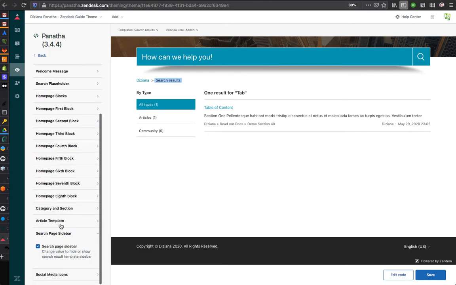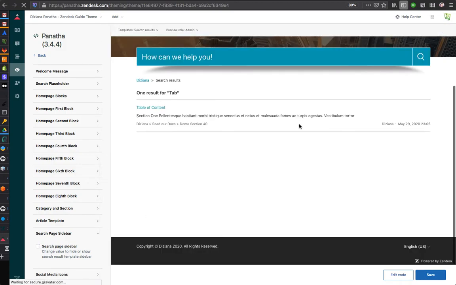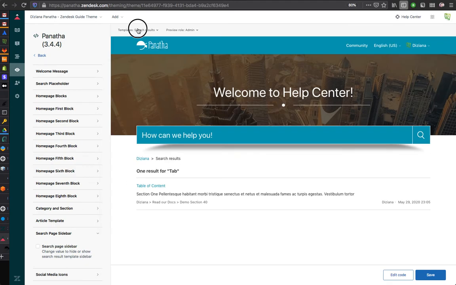topics and all that, because search is unified search, so it searches your community pages as well as help center pages and shows unified results and allows the user to filter the results based on that type, whether these results are articles or they are from community topic and post and things like that. So if you don't have a community, you can just disable it, and that gives you much more focused result. So yeah, so that's search result.